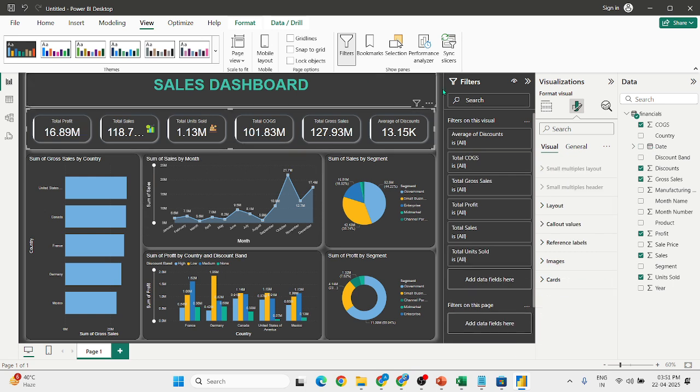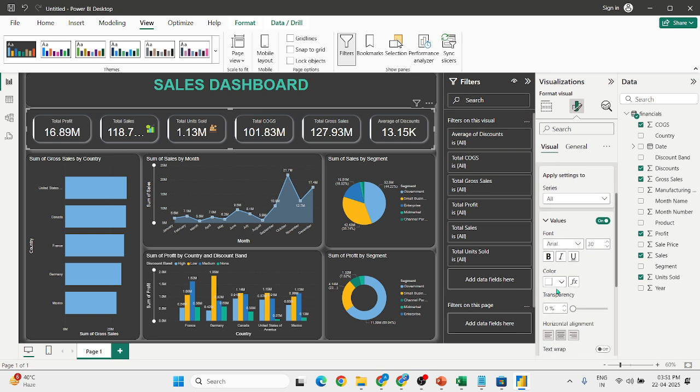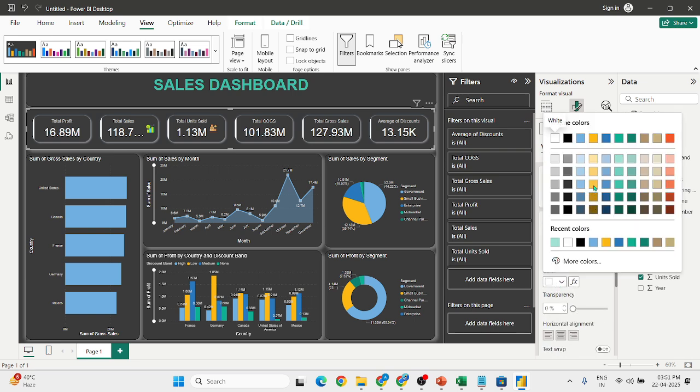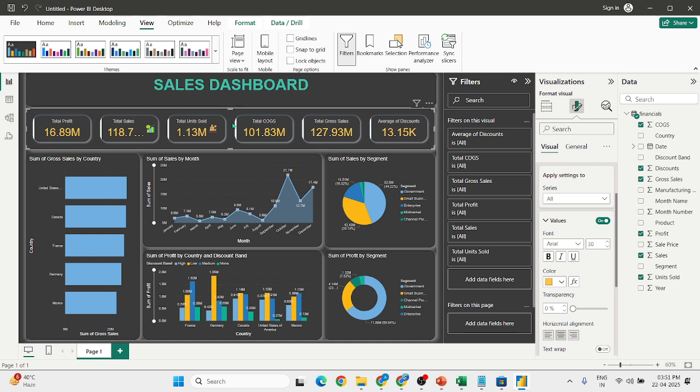And I'll simply pick the callout values, and instead of white color, let me pick yellow, I like yellow colors, so all callout values are in yellow color. But the problem is that I am not getting the total sales value. So what you can do, just simply reduce the size. Now you will get the total sales value, right? Like this. Okay, now